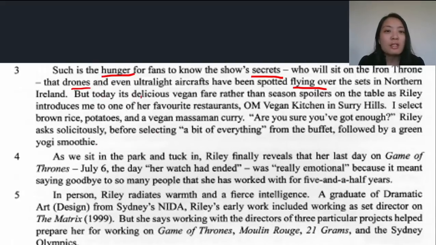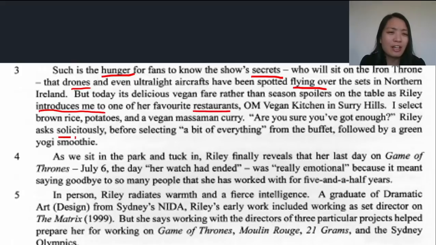But today, it's delicious vegan fare rather than season spoilers on the table, as Riley introduces me to one of her favorite restaurants, OM Vegan Kitchen in Surrey Hills. All right, so we know that the writer has actually met Riley and is probably eating with her. Riley introduced her to one of her favorite restaurants. And this writer said, I select brown rice, potatoes, and a vegan massaman curry. And are you sure you've got enough? Riley asked